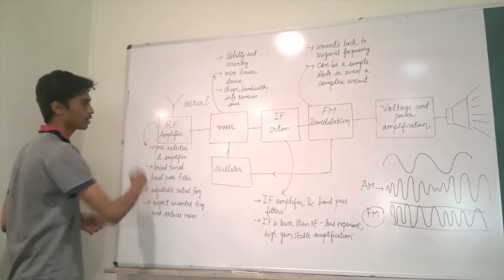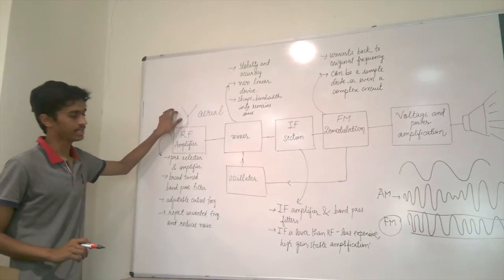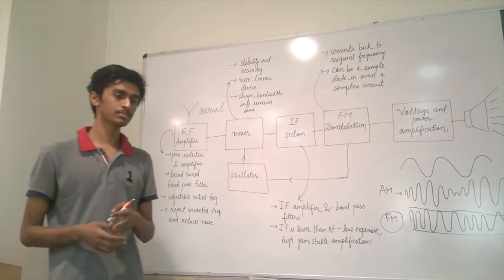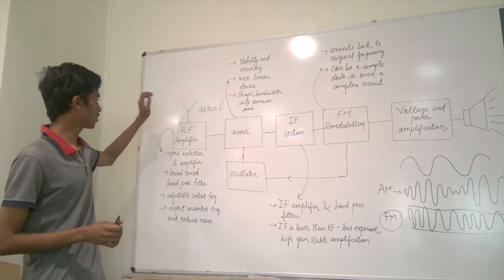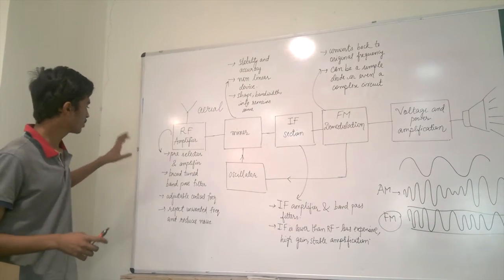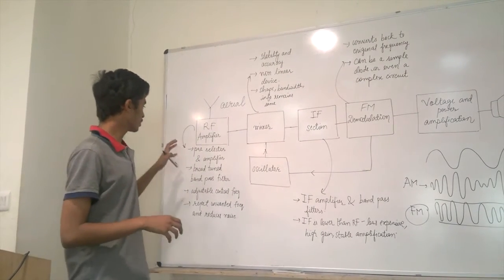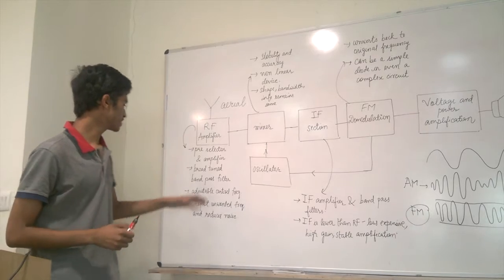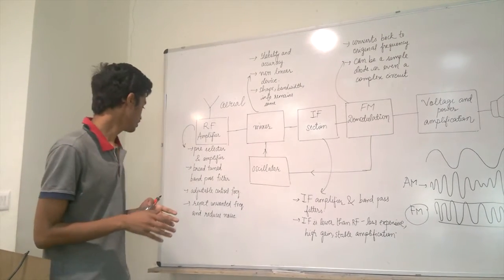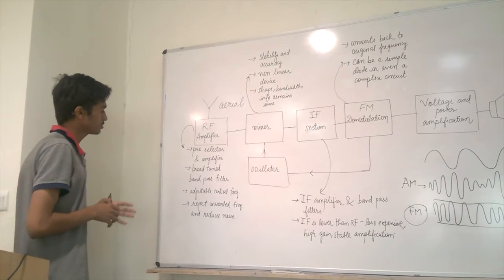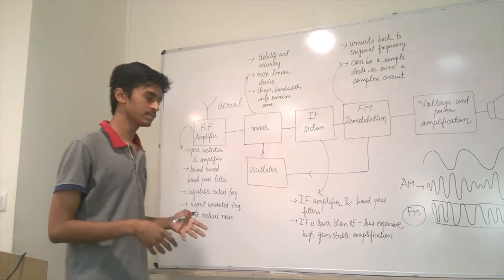So this is the block diagram of an FM receiver. We first have the aerial or antenna, which receives different types of signals modulated at different frequencies, and it passes the signal on to the RF amplifier. The RF amplifier consists of a pre-selector and an amplifier. A pre-selector is a broad tuned band pass filter with which we can adjust the central frequency. Its main function is to reject unwanted frequencies, and it also reduces the noise along with amplifying the signal.